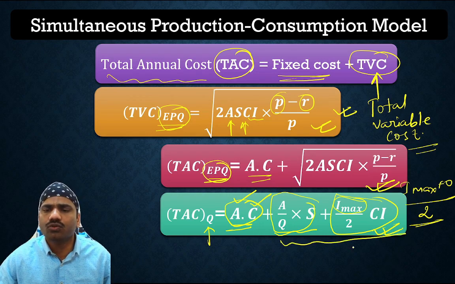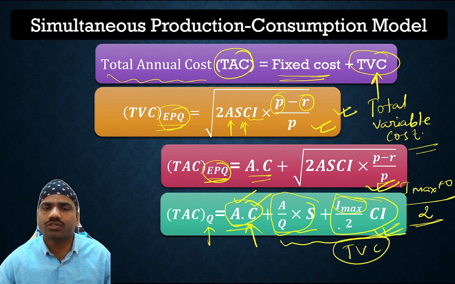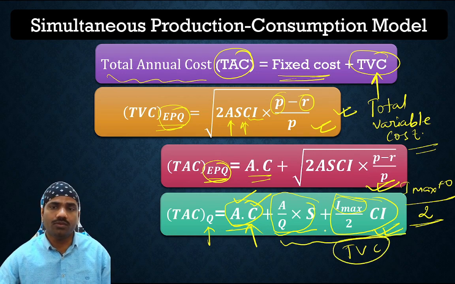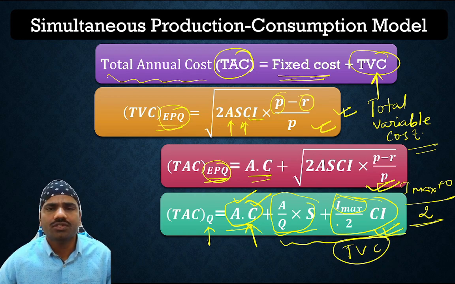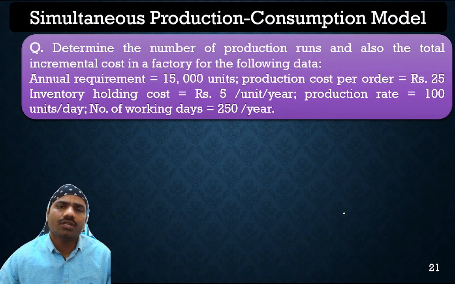This will also give you the total variable cost, and this is total annual cost. So we can find total annual cost and total variable cost by making use of this particular formula. So we have discussed a few formulas related to the production consumption model. Next we will talk about one question, and we have to find